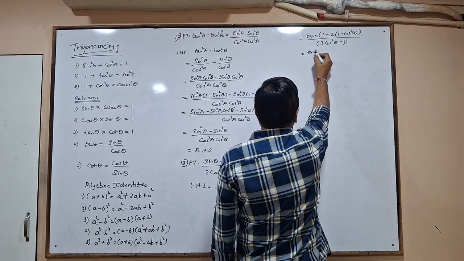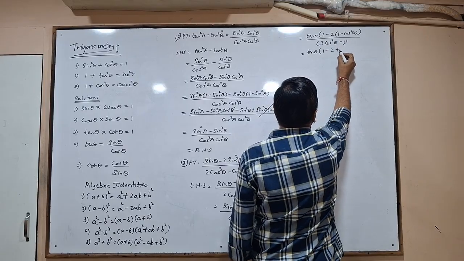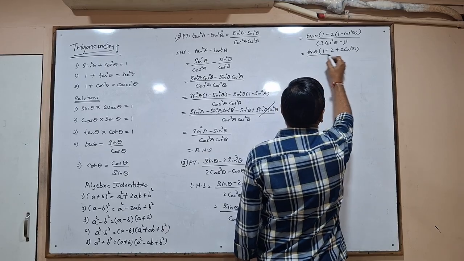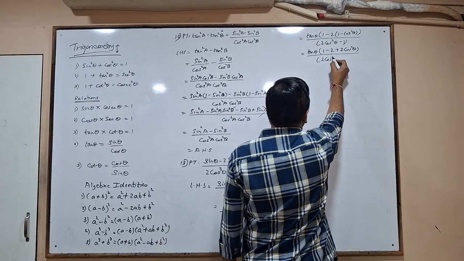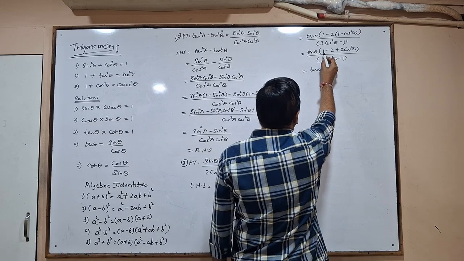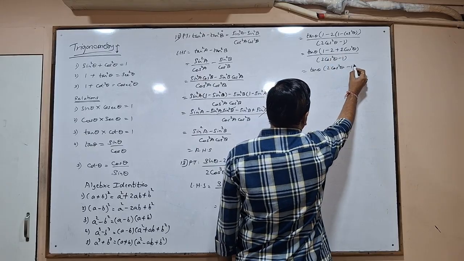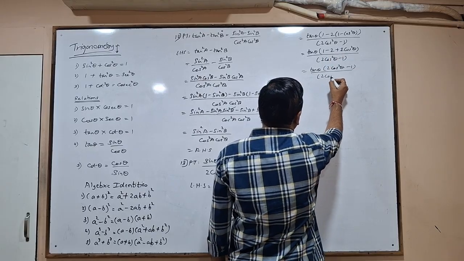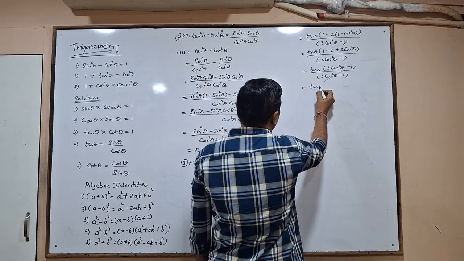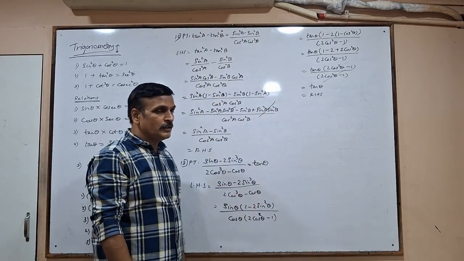So tan theta as it is, 1 minus 2 into 1, 2, negative into negative, positive, with a 2 cos square theta. The whole upon 2 cos square theta minus 1. Again tan theta, 2 cos square theta is positive and 1 minus 2 is minus 1 upon 2 cos square theta minus 1. Bracket gets cancelled. Tan theta, which is RHS, the desired term.